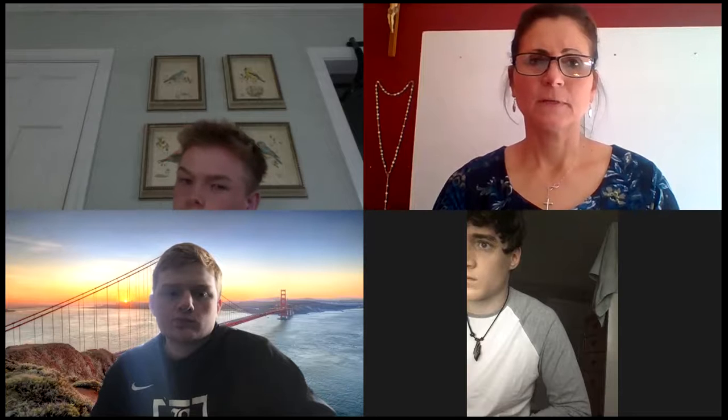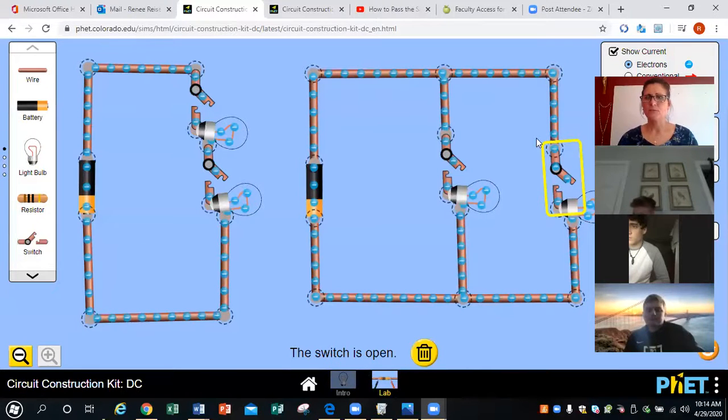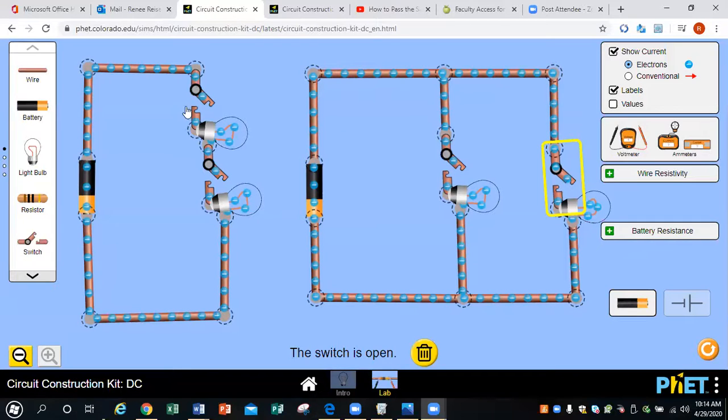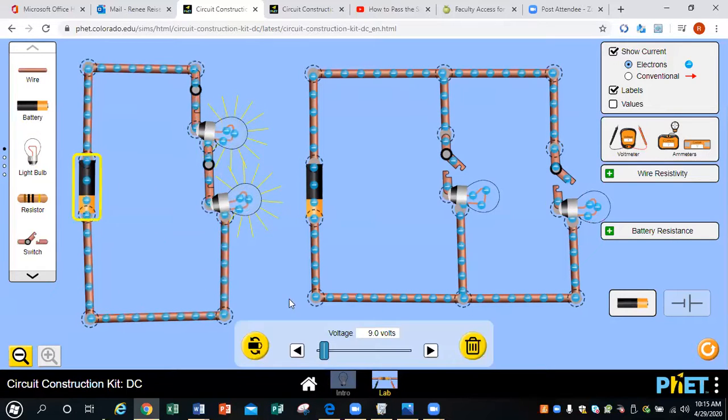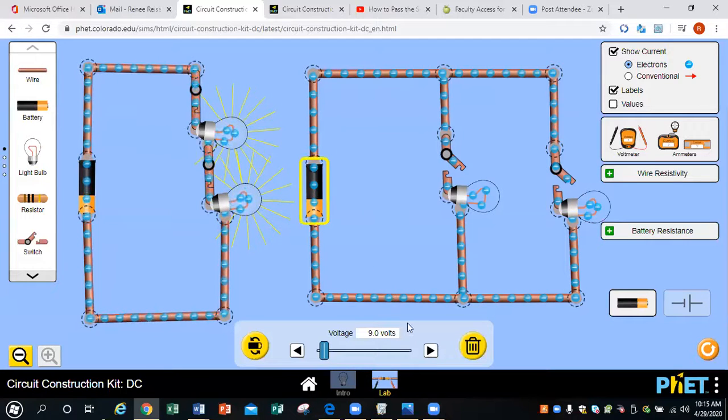All right, so let me do my screen share here. If we go back to the original 8 circuits, this is what we had, right? We were taking a look at these 8 circuits, and we noticed that in a series circuit, everything has to be on for anything to work. I'm going to dial up our voltage here just to give us a little bit more brightness in our bulbs. Whereas over here, having the same voltage,